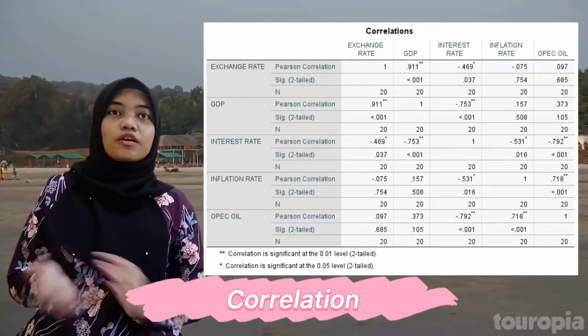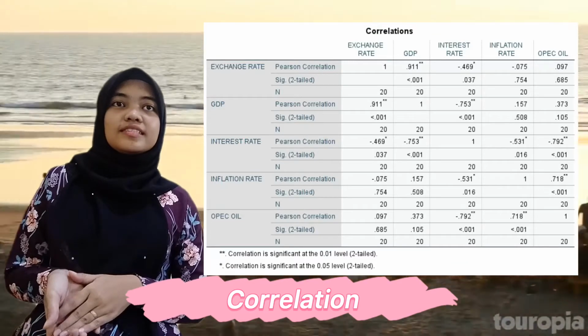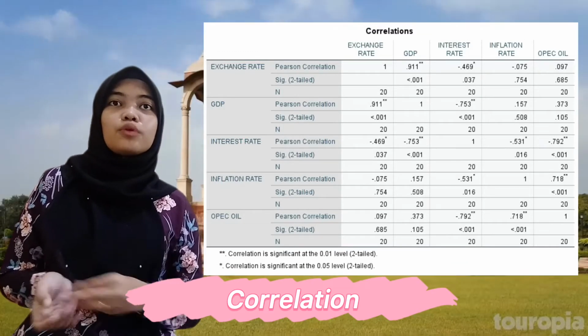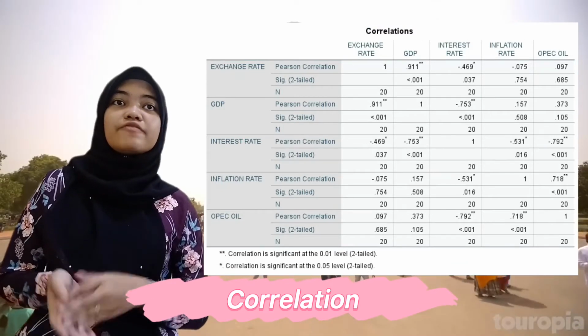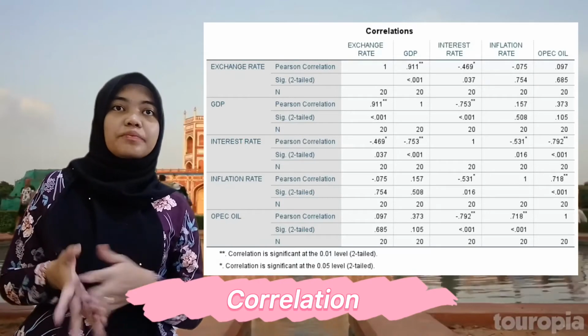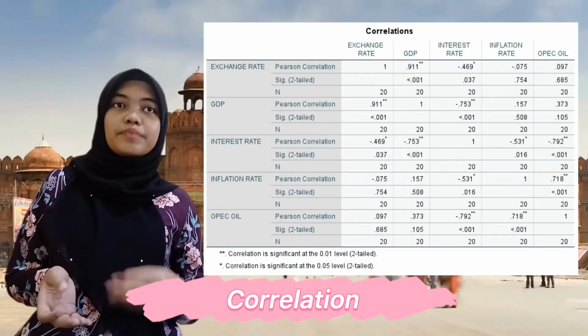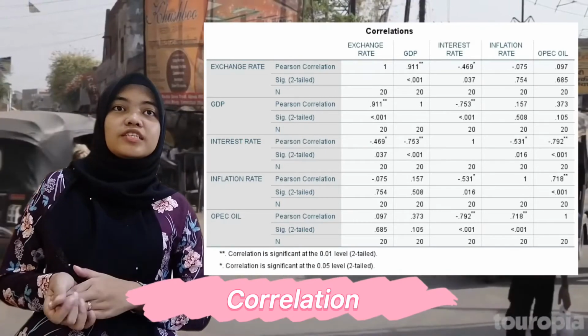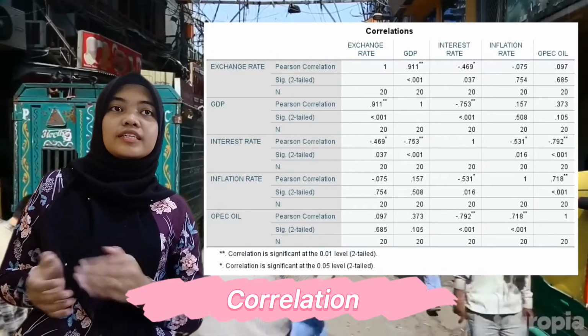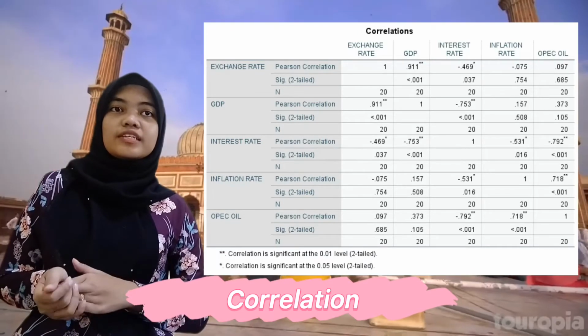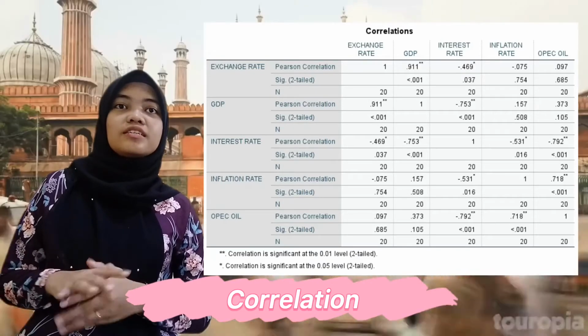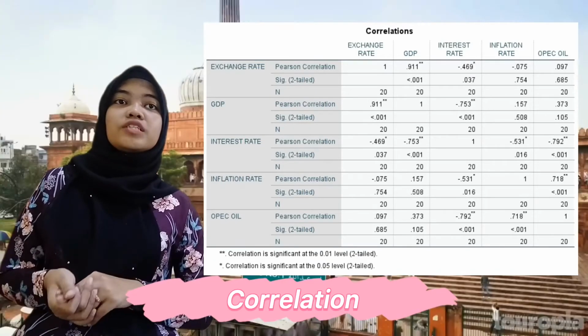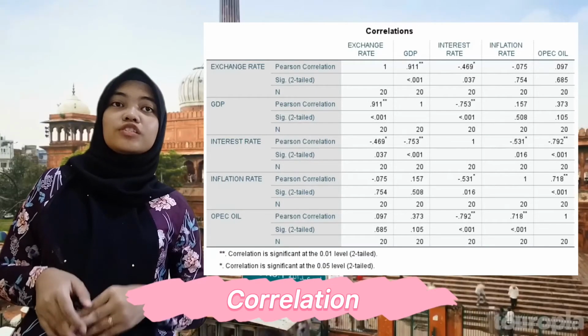The next is correlation. Correlation is a statistic that measures the degree to which two or more variables move together, to discover if there is a relationship between two variables and how strong the relationship may be. A positive correlation happens when one variable increases or decreases as the other variable increases or decreases. A negative correlation is a relationship between two variables in which an increase in one variable is associated with a